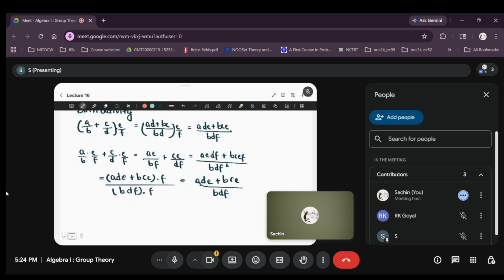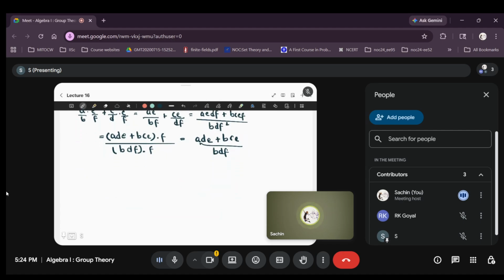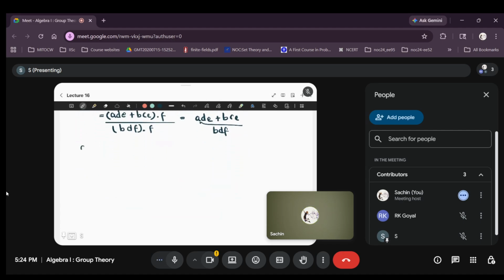For a by b, what is the multiplicative inverse? Yes, a by b into b by a will be equal to